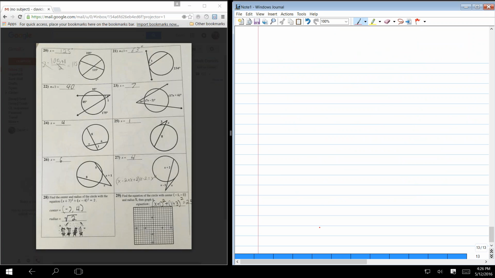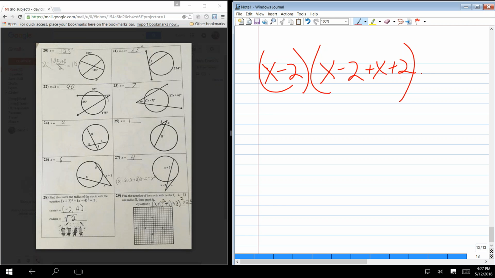And 27. Now, 27 is really the same formula as 26, if you think about it. It's the part of the secant line that's outside the circle times the entire secant line. So it's x minus 2 times x minus 2 plus x plus 2 equals, well, the right side of it, it is x squared, but if we forgot that, let's use the same